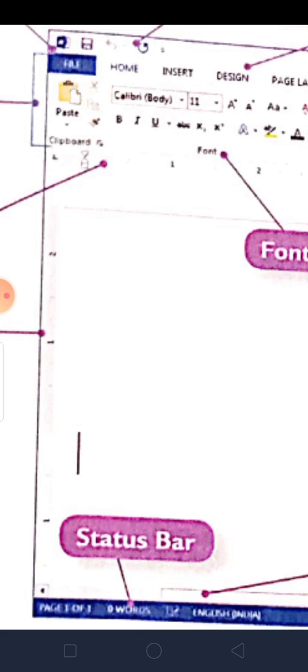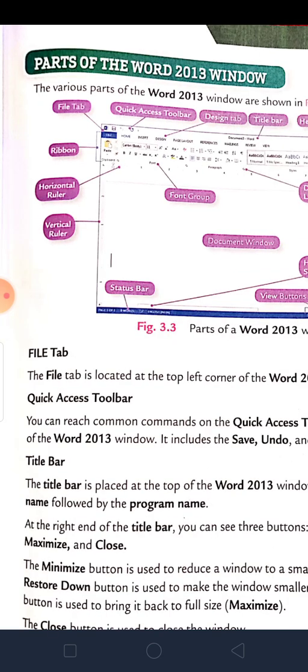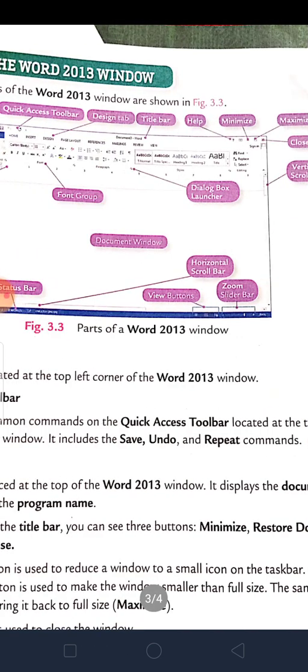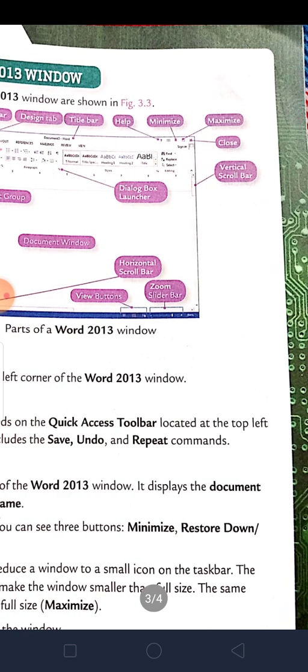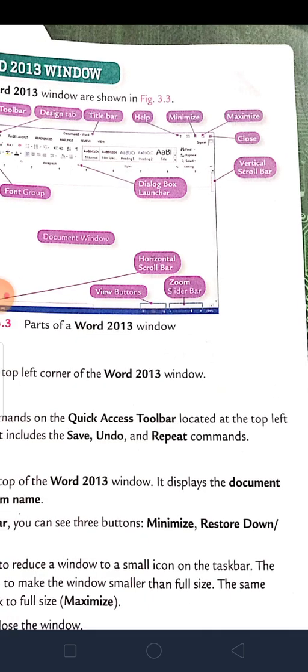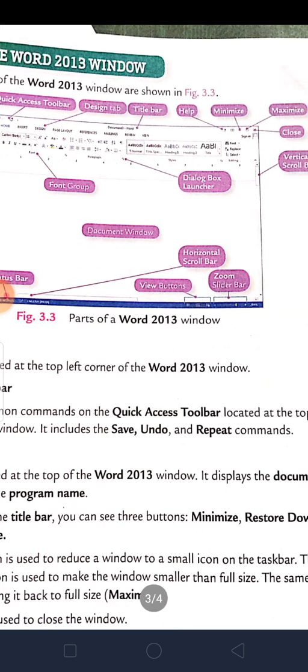Then comes the vertical scroll bar. It will help us to go up and down, and the horizontal scroll bar will help us to go left and right.